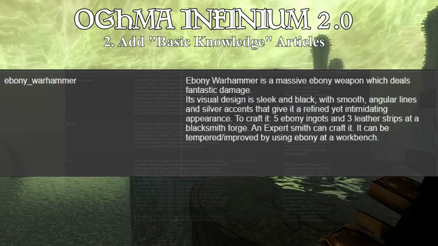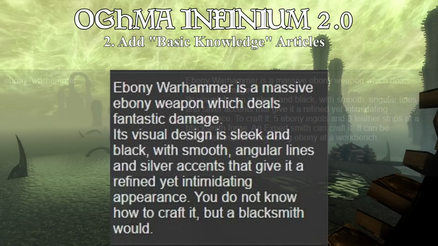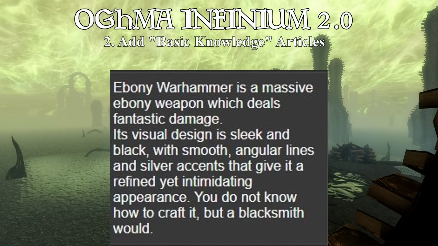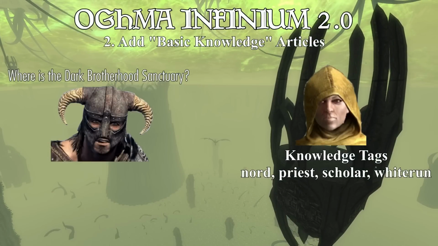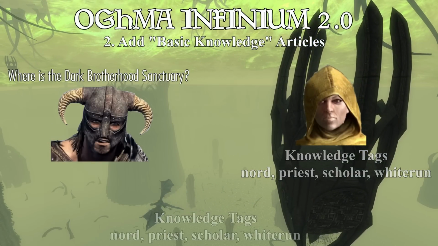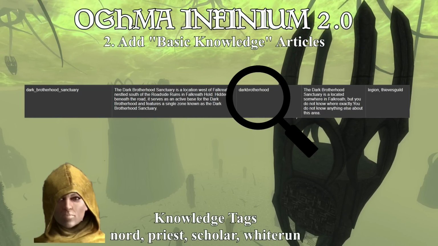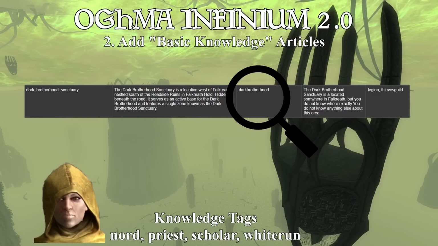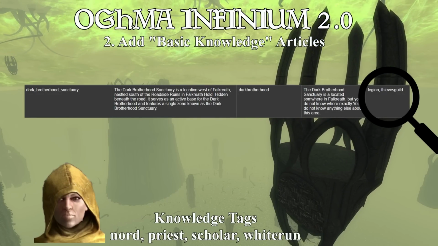So now each topic has an advanced article which an expert on the subject would know about, and a basic article, which is what your average layperson in Skyrim should know about said subject. We have rather simple logic to determine who has access to what article. Pretty much when an NPC searches for an article, they'll first check the knowledge tags for the advanced article. If their knowledge tag matches, then they can see it. If not, then they go check the basic article.